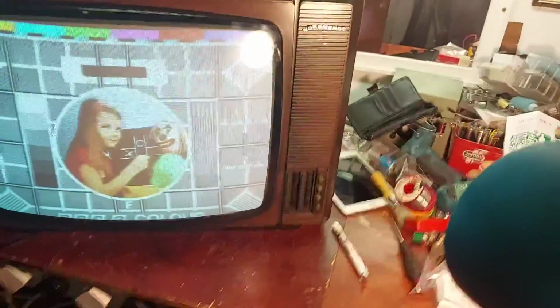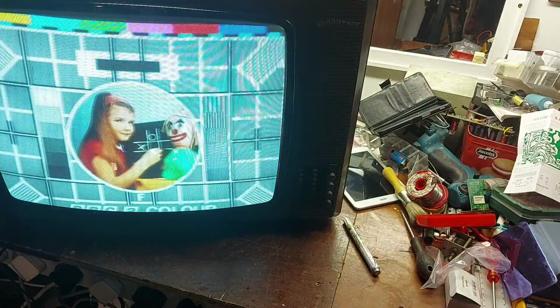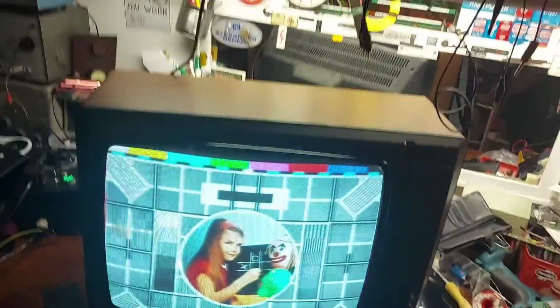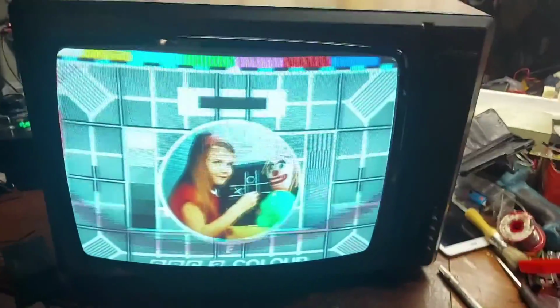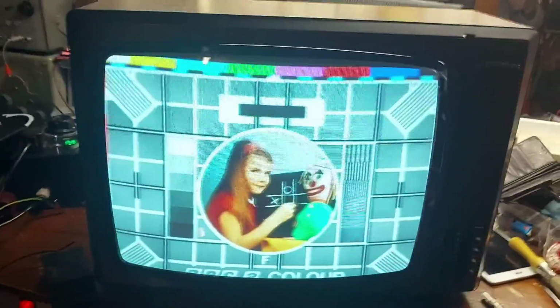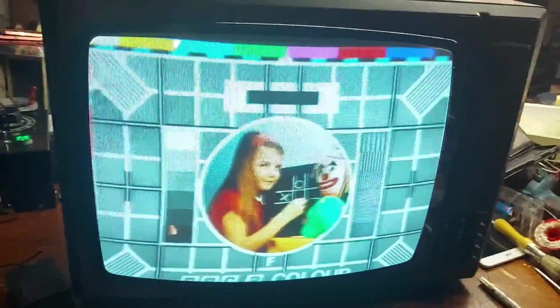Let's turn off that big light and have a good look at this picture, because it doesn't look great. It looks better on the camera. So, the geometry's out a little bit anyway. And it has